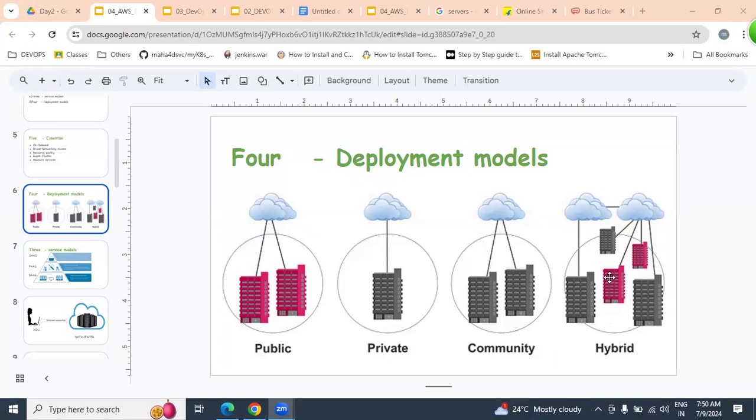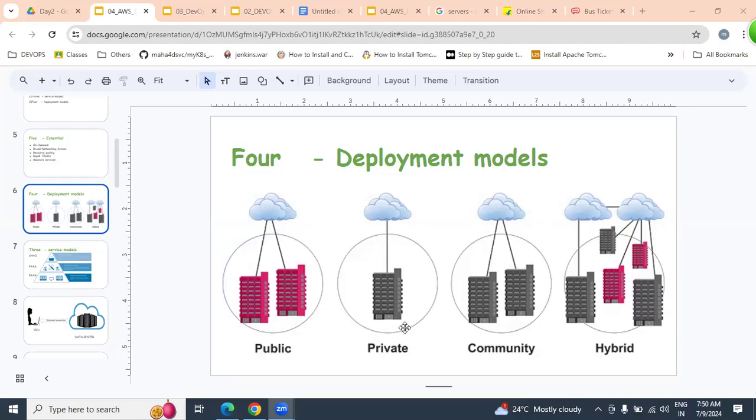For example, Axis Bank: my database should be in my own office, but my application server in the cloud. The combination of the cloud application server with my own data center database server is called hybrid cloud. We are going to experience all of this practically, don't worry.